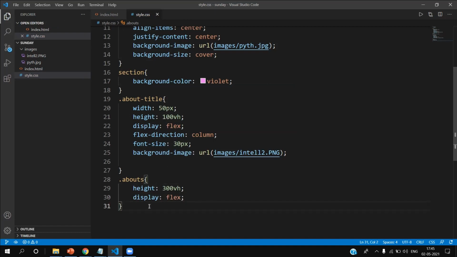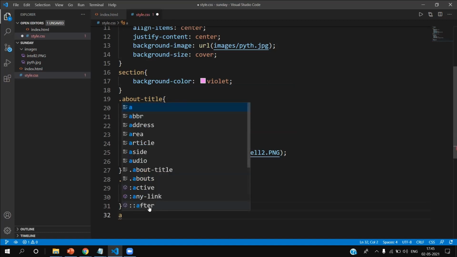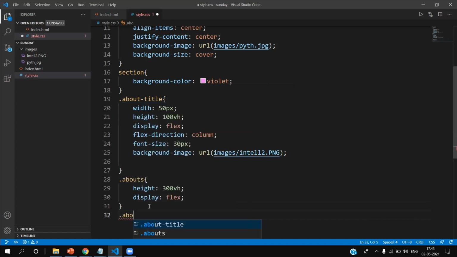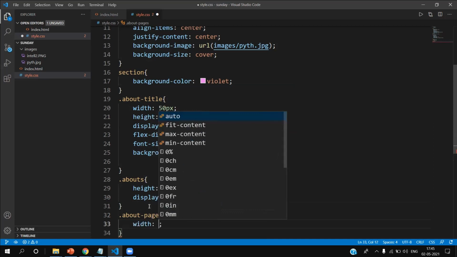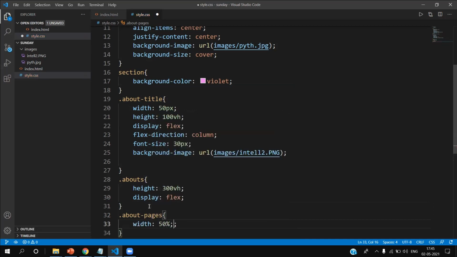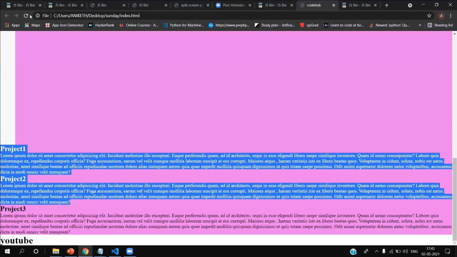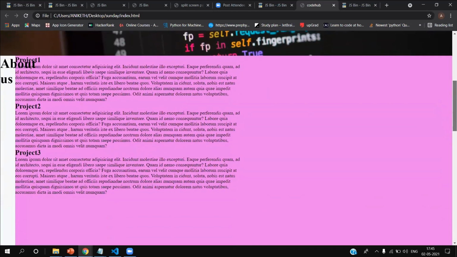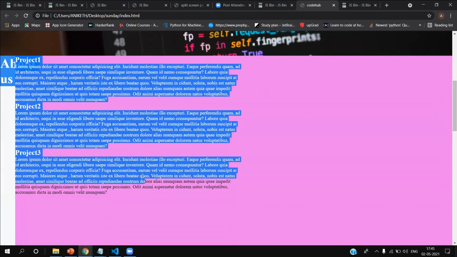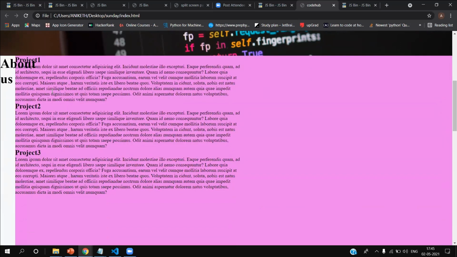And give about pages a width of 50%. And now let's see. There's nothing much change. So it has got flexed, but we have to change this about pages.